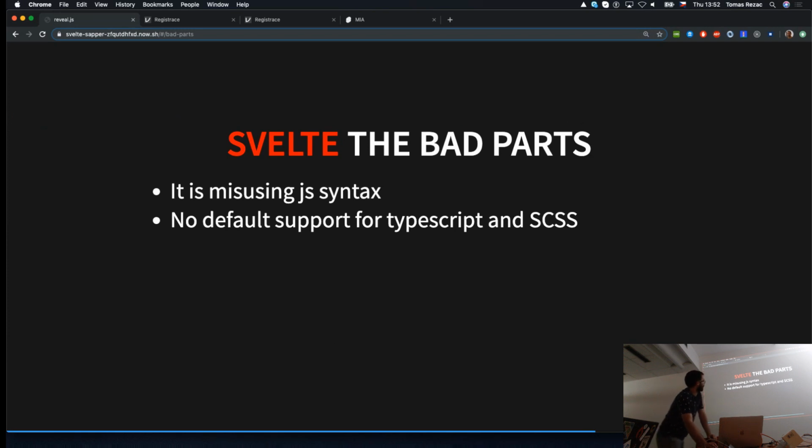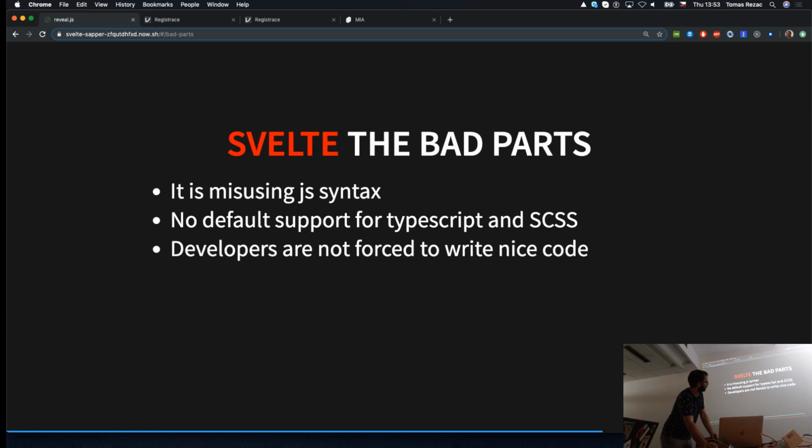It doesn't have the support for TypeScript and Sass. With Sass it's easy to turn on and it works just perfect. With TypeScript there are some struggles, and it's probably one they already know about. The author would like to have it there, but he is not feeling that strong in TypeScript, and it's not that simple that you just pre-compile the code to JavaScript and then to Svelte, because then you can lose some information. So you need to create your parser directly parsing TypeScript if you want to do it correctly.